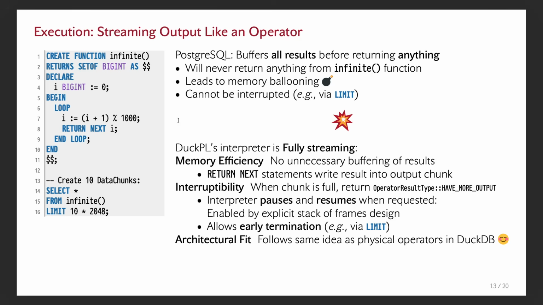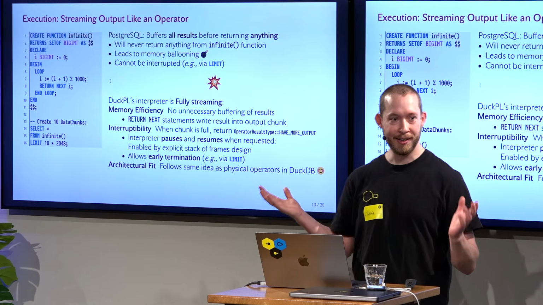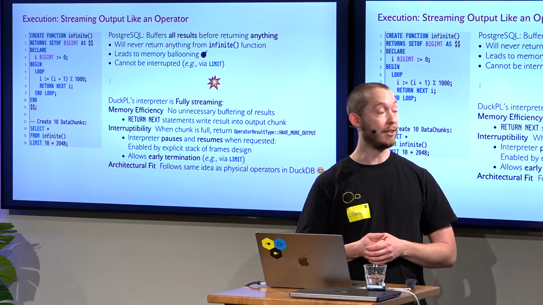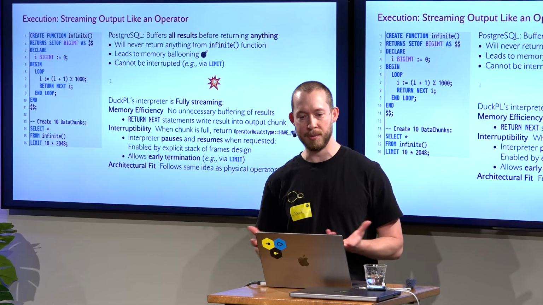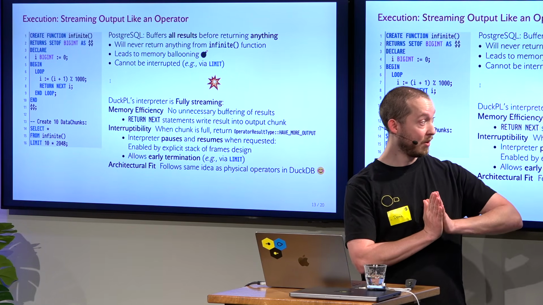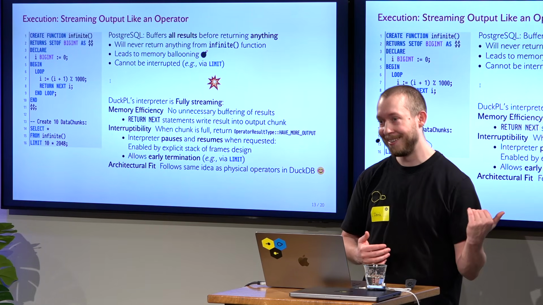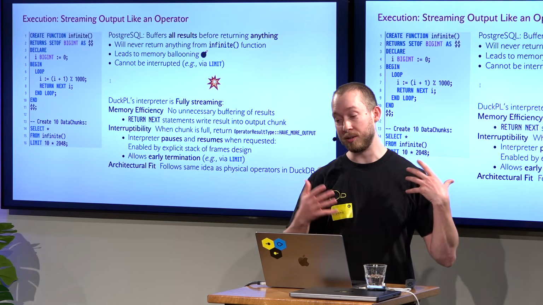So this will never return. This will just run infinitely. And if you try this function on Postgres, that's exactly what happens. So you start execution, and it will never finish. It will never return anything. It cannot be interrupted with a limit, for example. That's not possible. With the execution principle in DuckPL, we do return, because we can just copy the behavior